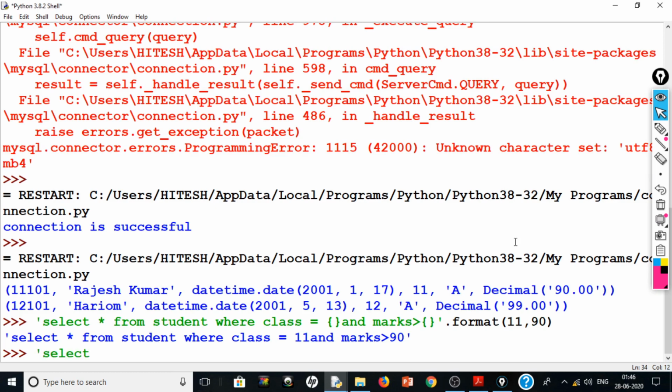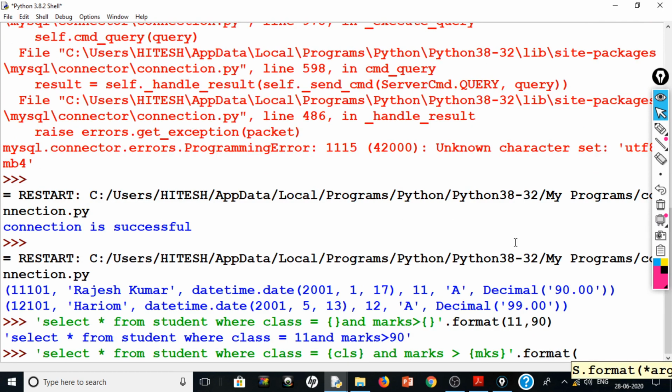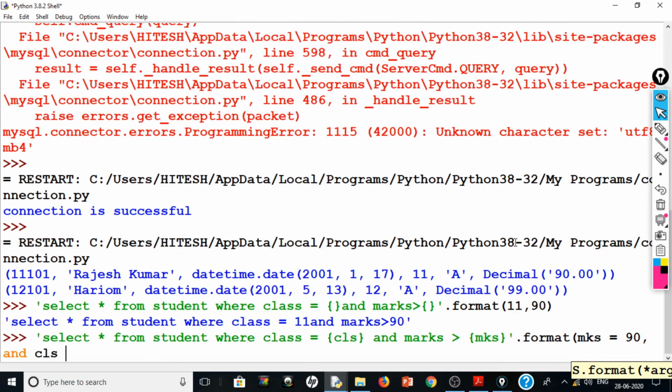Similarly, if we say select * from student where class = {CLS} and marks > {MKS}, .format(MKS=90 and CLS=11), let's see what we get.